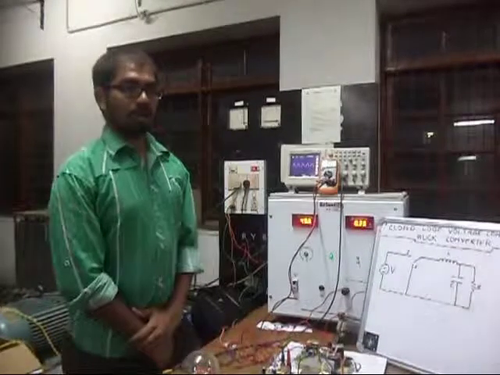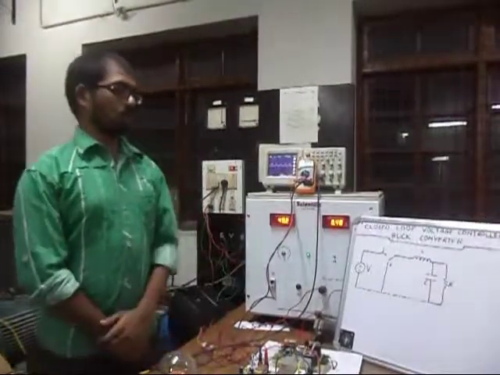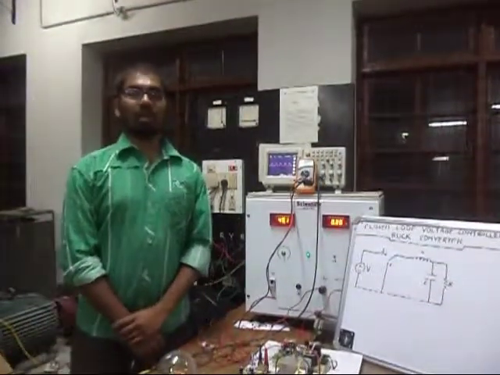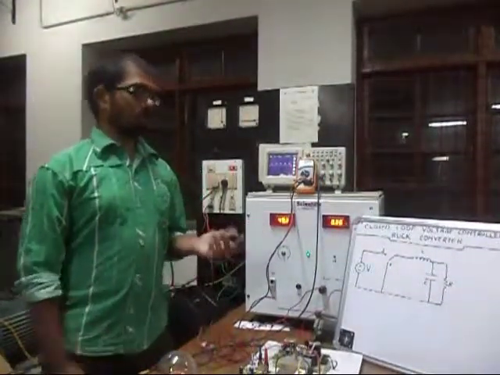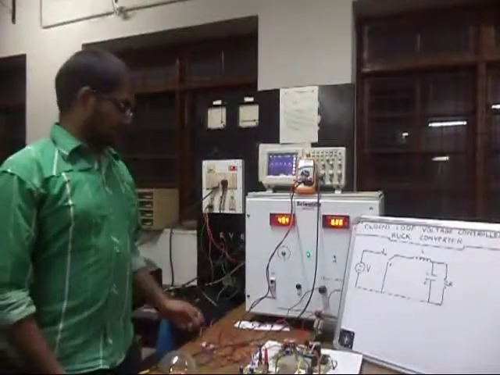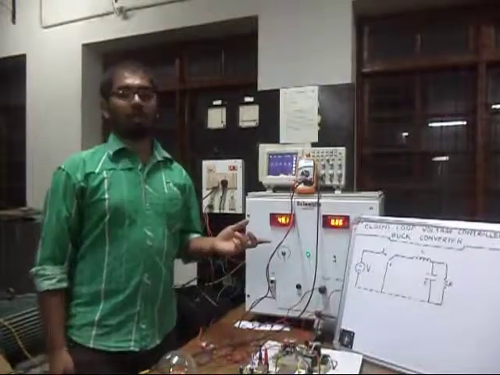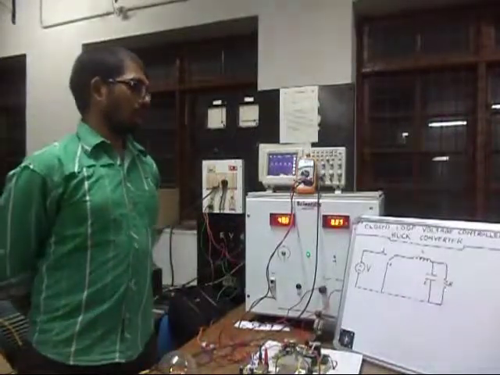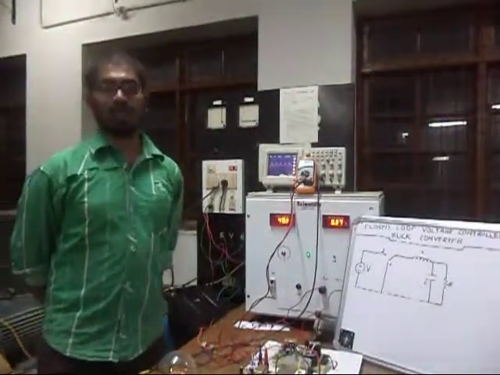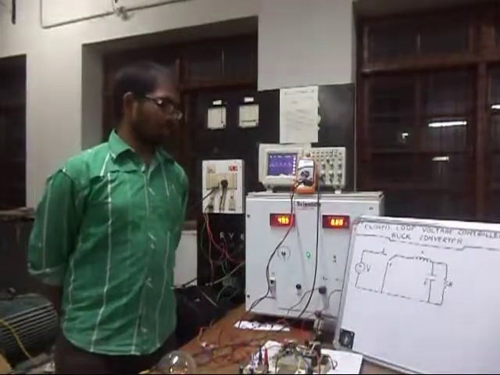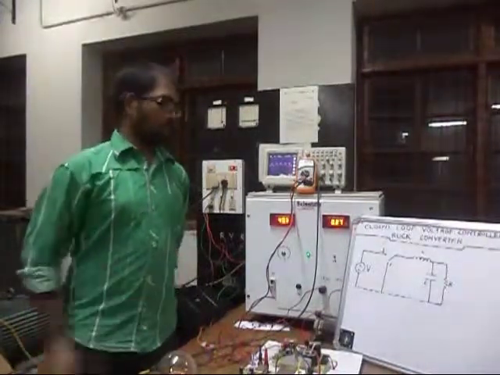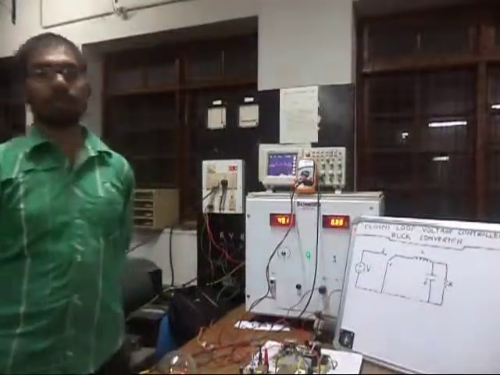Namo Namaha. Today we are going to present the project, a closed loop voltage controlled buck converter, which is the project of the electronics section. We presented this project at Srishti of IIT Roorkee. Along with me, Shaviraj and Madhav Pathak worked on this. My friend Shaviraj will explain this circuit.